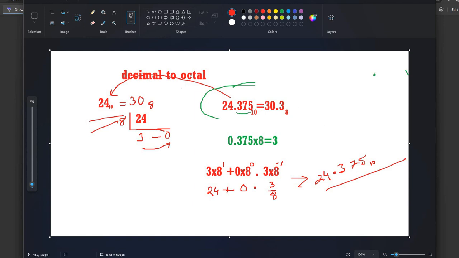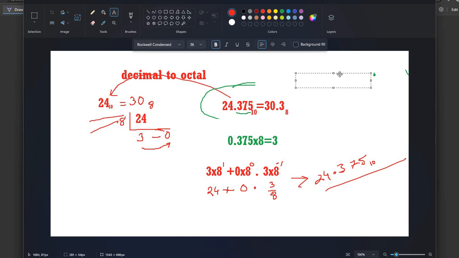So likewise, if you have to convert any hexadecimal